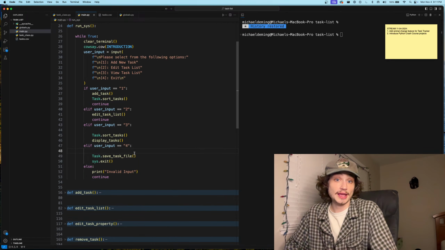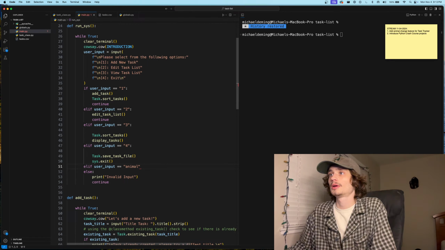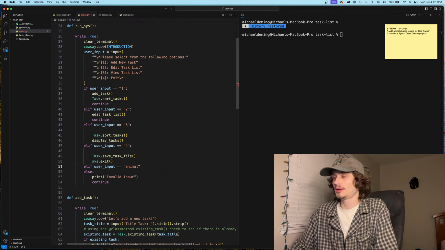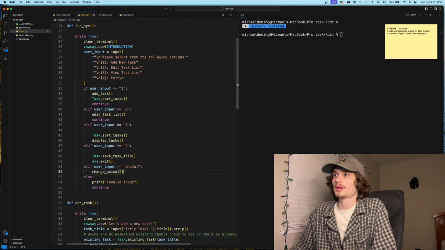So let's go ahead and I'm gonna add in just an option here, right? So elif user input is equal to "animal", right? If they input animal, we want to run change animal, right? And then after we do that,